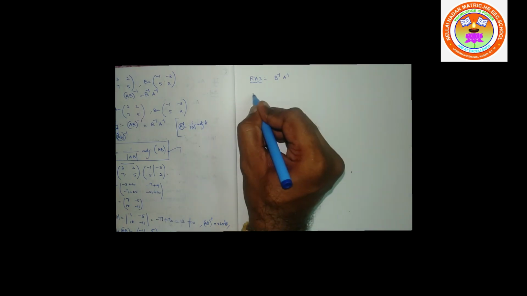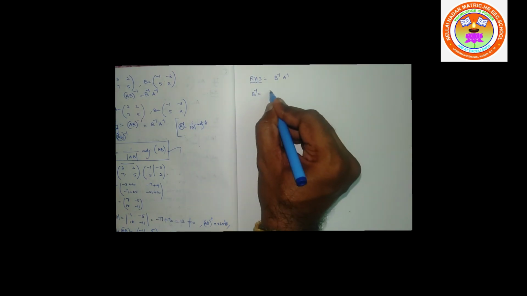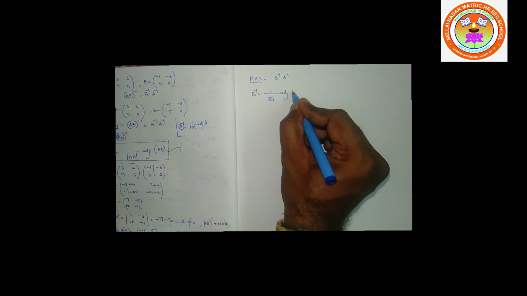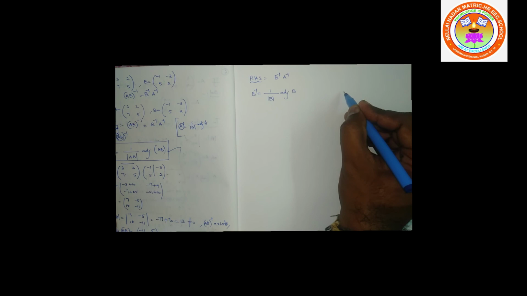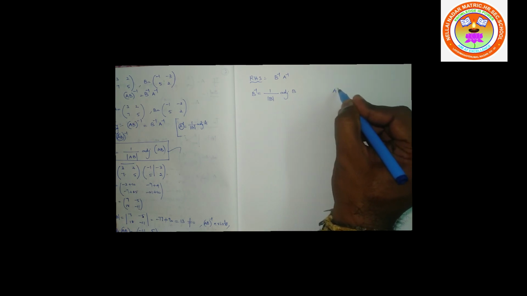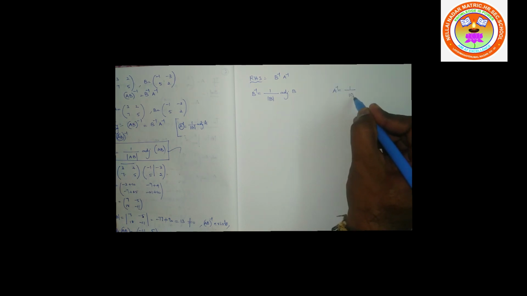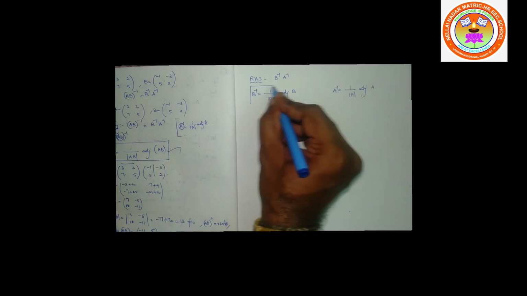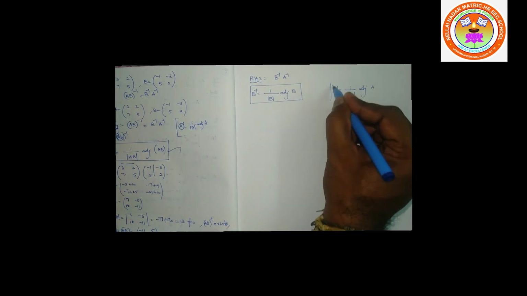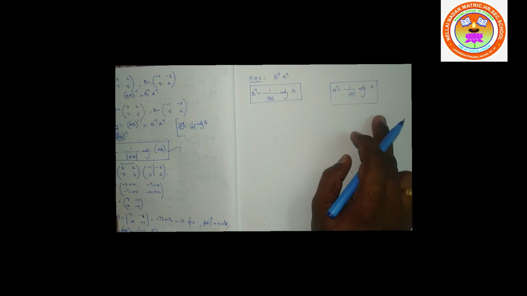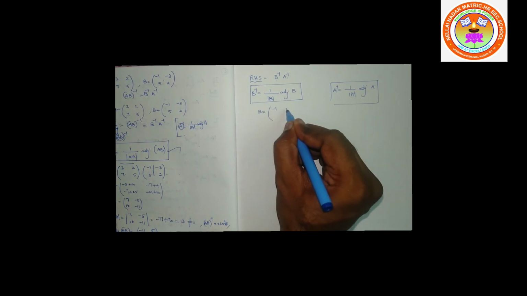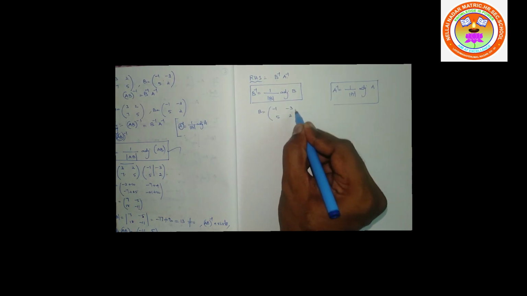You know the B inverse formula. B inverse is nothing but 1 by determinant of B into adjoint of B. I know the A inverse formula. A inverse is nothing but 1 by determinant of A into adjoint of A. So first I write the B matrix. B matrix is -1, -3, 5, 2.